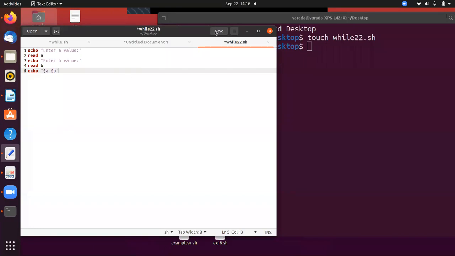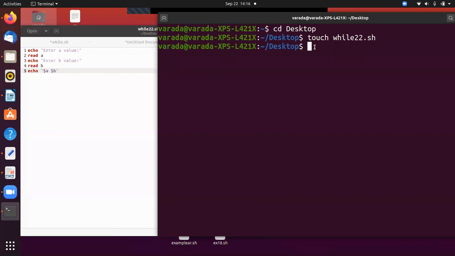Okay, now I save this program and I can execute it here. You can execute in two ways. One is dot slash, give the program name while 22.sh. Then it returns the error message, permission denied.